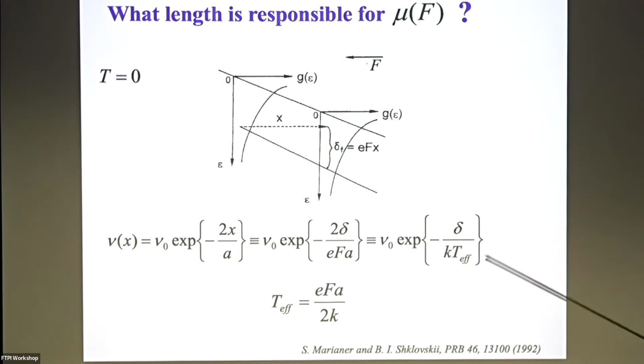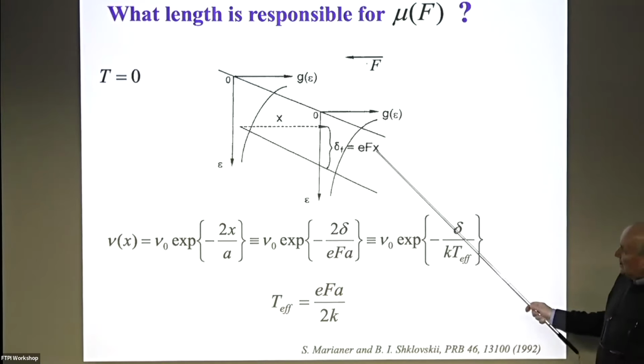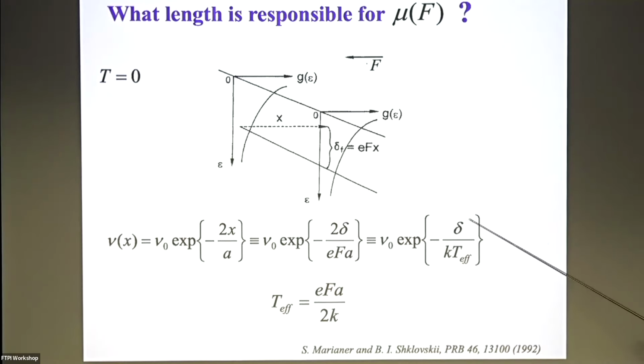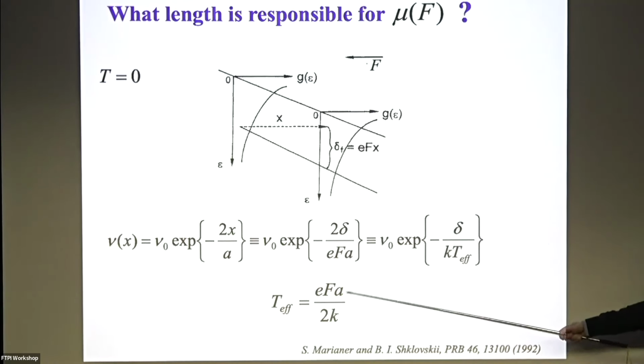And I think everybody of us would say, okay, then put here instead of x 10 to the minus 1/3, distance between sites, and this is satisfied. Boris did something completely different. He said, okay, he calculates x via this expression, replaces x in the tunneling probability, and comes up with this expression, which looks as if electrons are excited, activated in energy. And that kT, the effective temperature here, is related indeed only to the localization length. For me, it sounds like hand waving. I'm sorry. It's not an accident, not at all.